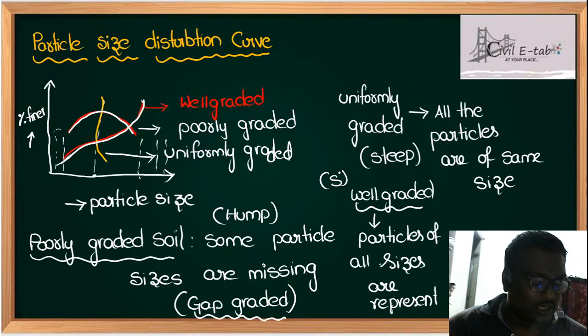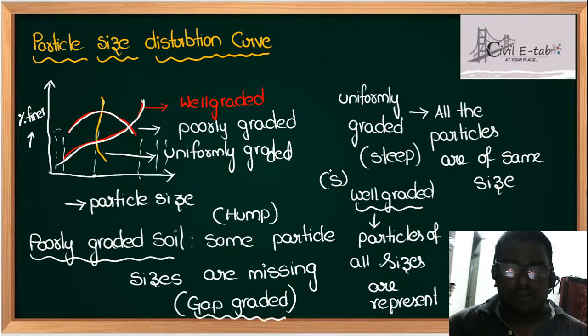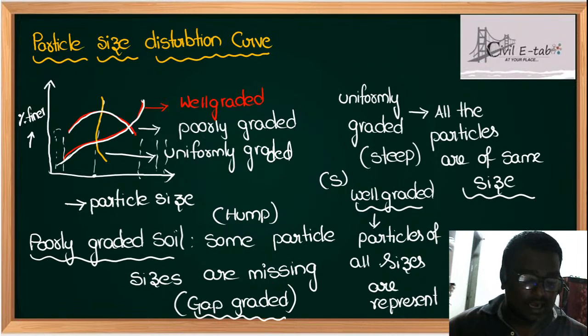The question they can ask you is, in well graded soils, all the particles are of same size. In poorly graded soils, some particle sizes are missing, and it is also called gap graded. Am I clear, students? So with this, what I want to conclude from the particle size distribution curve is,